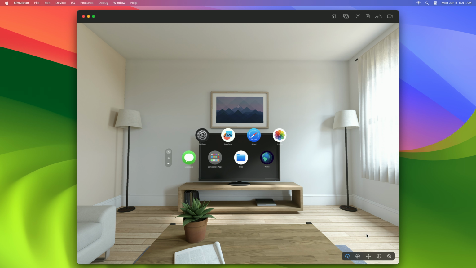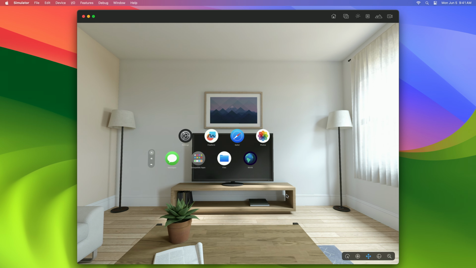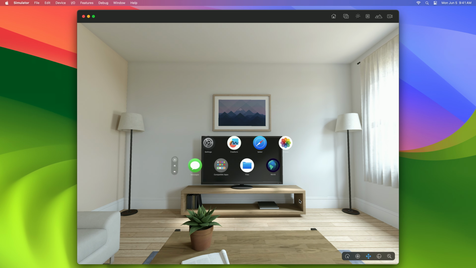Clicking and holding these controls gives you the ability to quickly switch between interacting with content and looking and moving around. You can also click on these buttons to switch into a given control mode so that you don't need to keep holding the mouse button. For example, if I click on the pan button, then clicking and dragging the viewport pans the view. Clicking the leftmost control switches back to controlling look and tap.